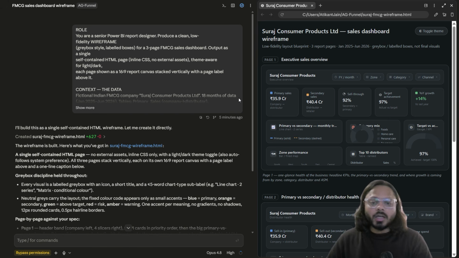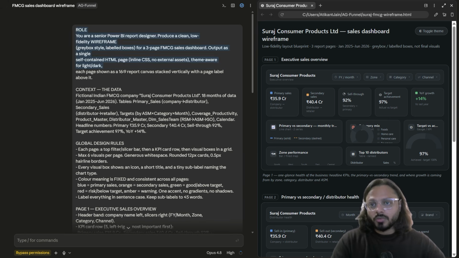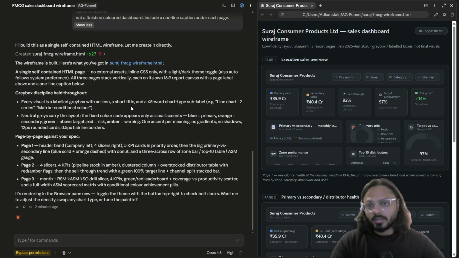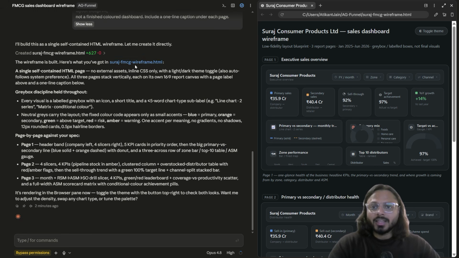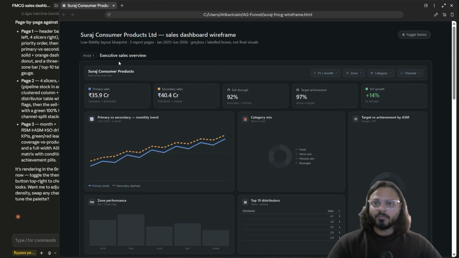So with Claude, you can just mention, so this is a prompt which I use and I can share with you. So I'll just copy paste and share this with you in all those resources. What this does is it gives you HTML, and this HTML is a wireframe for us. So it will give you page 1, how it should look. So what I want is